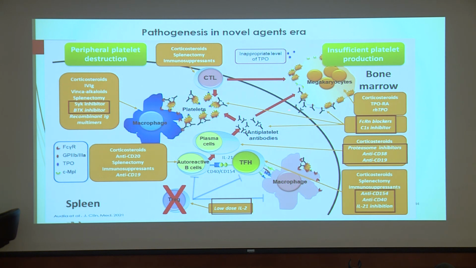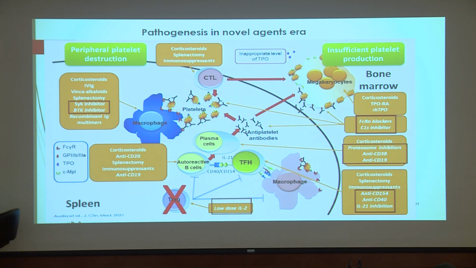This is why it is the first line treatment of ITP, with about 80% response in ITP patients. Insufficient platelet production from the bone marrow occurs because of antibodies against the demarcation membrane of the megakaryocytes,